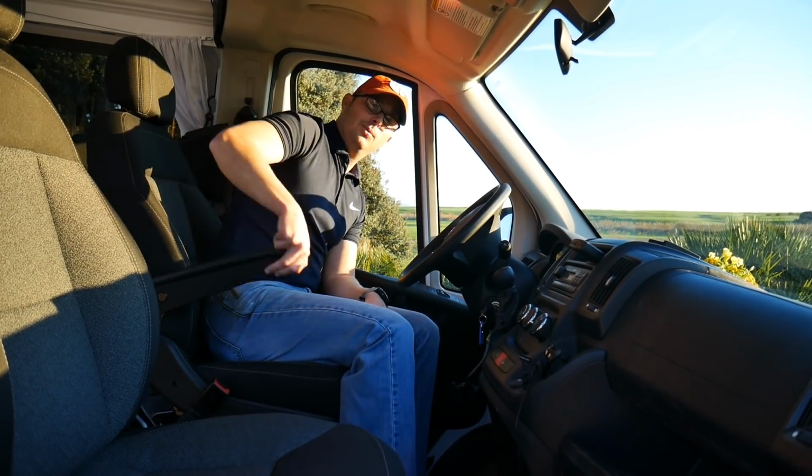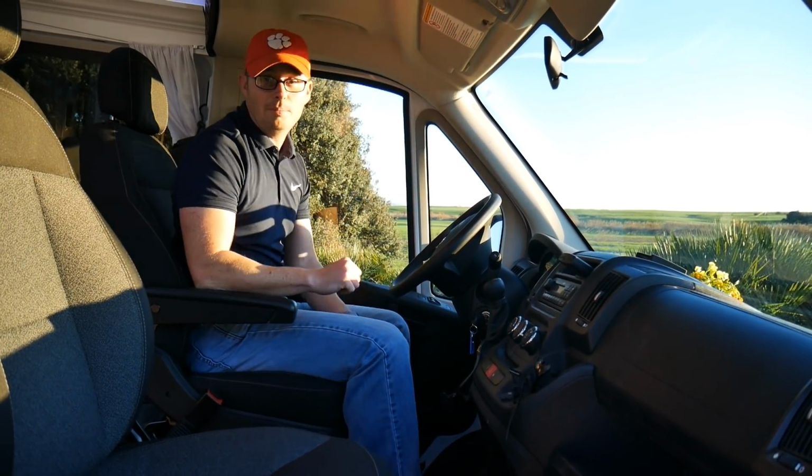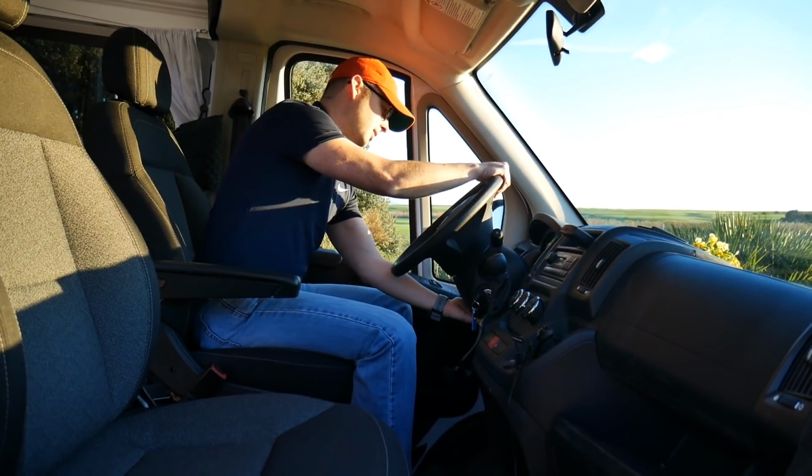All in all, the seats worked out really well. I'm comfortable with them. The driving position is really nice. You get one armrest, which is another reason we would upgrade these chairs. However,